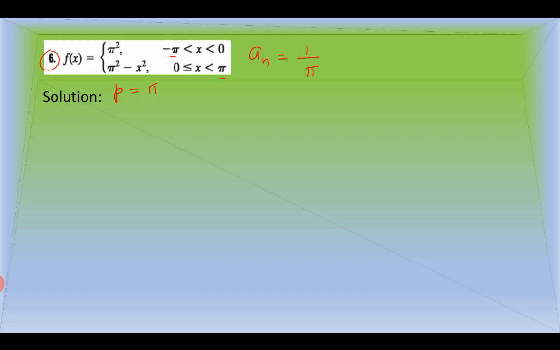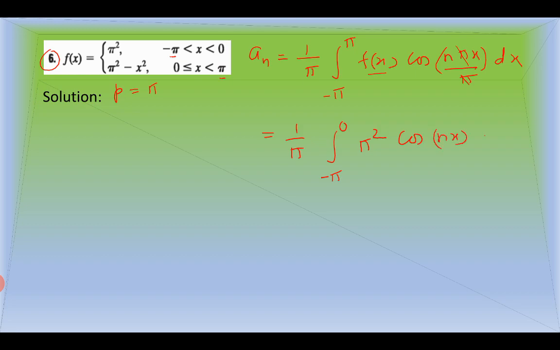1 over p, p is pi, 1 over pi, from negative pi to positive pi, f of x cosine n pi x over pi dx, and this pi can be cancelled, both are inside it, isn't it? What we get is 1 over pi integration from negative pi to 0. The function is pi square, which is a constant, cosine nx dx